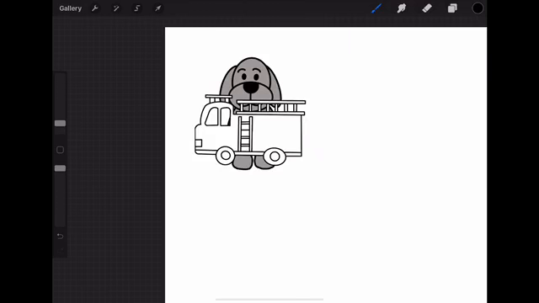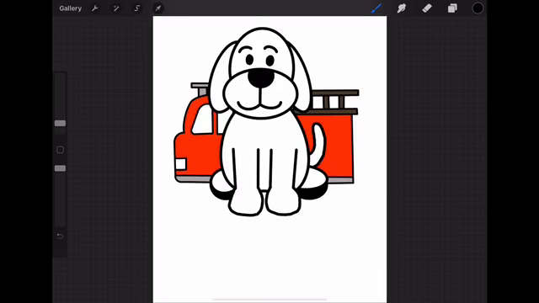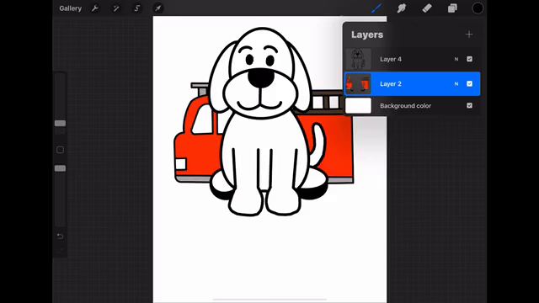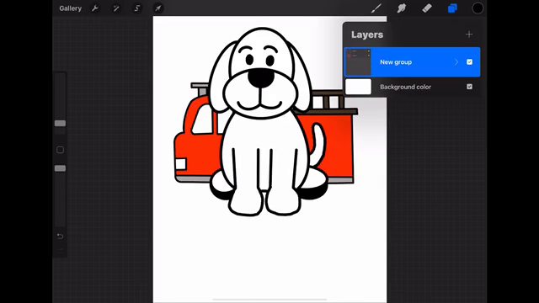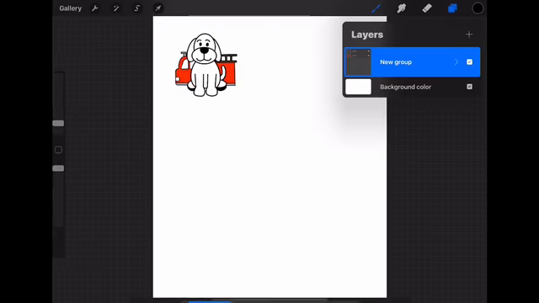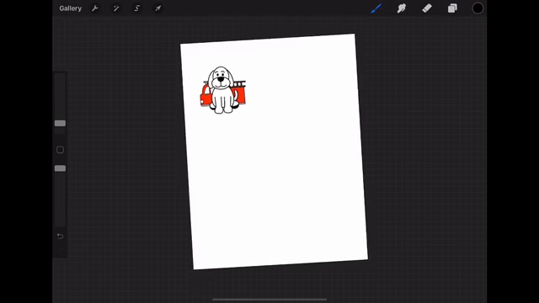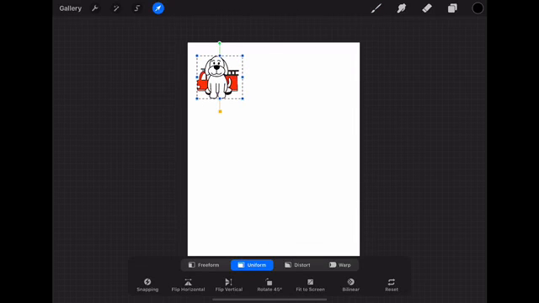I can go back to the one, here's the one where the dog is on top of the fire truck. I'm going to layer them. Make sure the dog stays on top. Now when I select it, I can size it down and see when I zoom out about what it's going to look like on the page. You have to think of the size relative to the page. So there we go. There is our